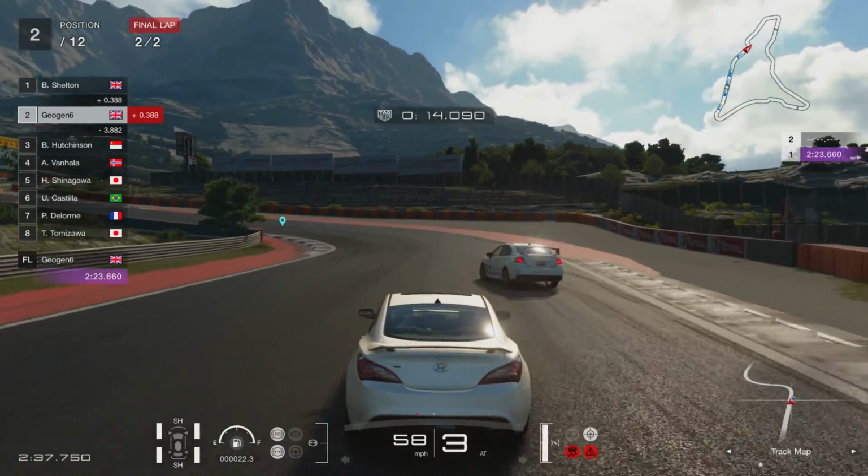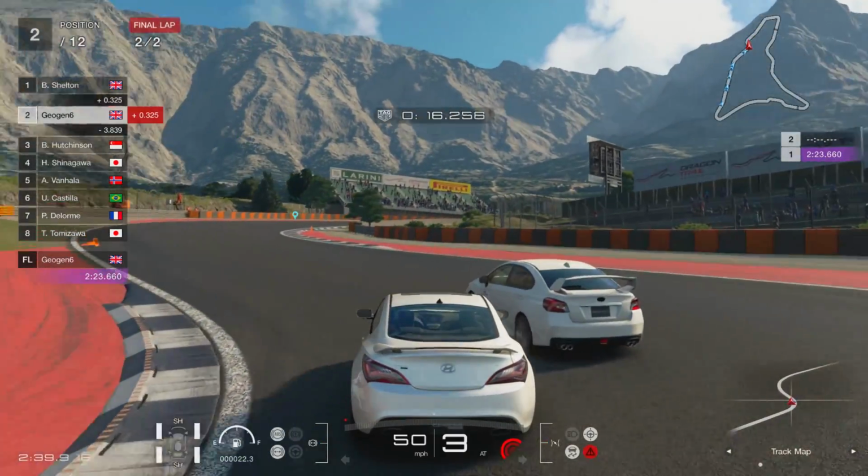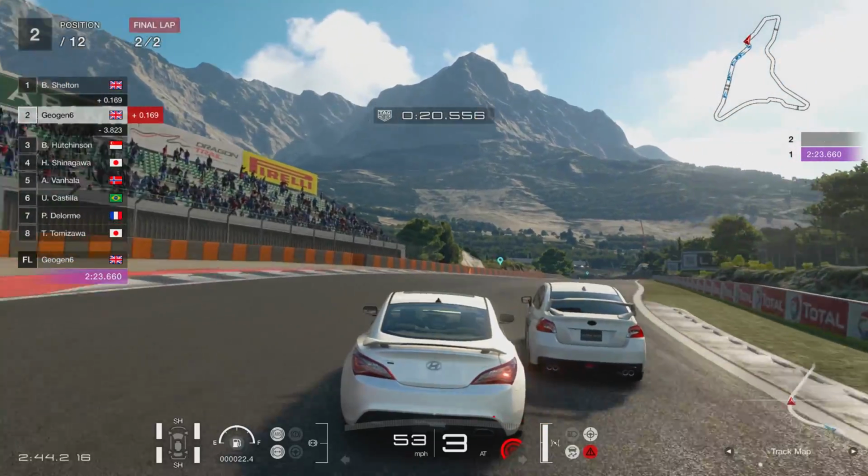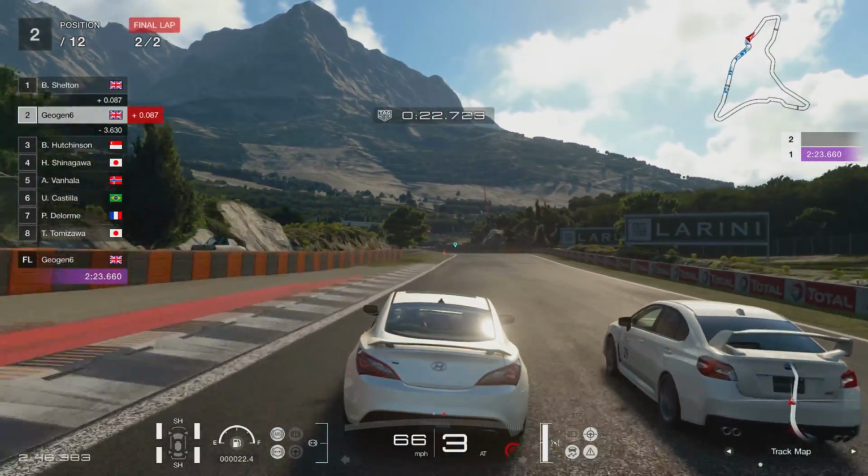Wow, instantly overtook me. I really need to take that brake off. It might be screwing me over. Yeah, he's in a Subaru, isn't he? WRX. Yeah, but